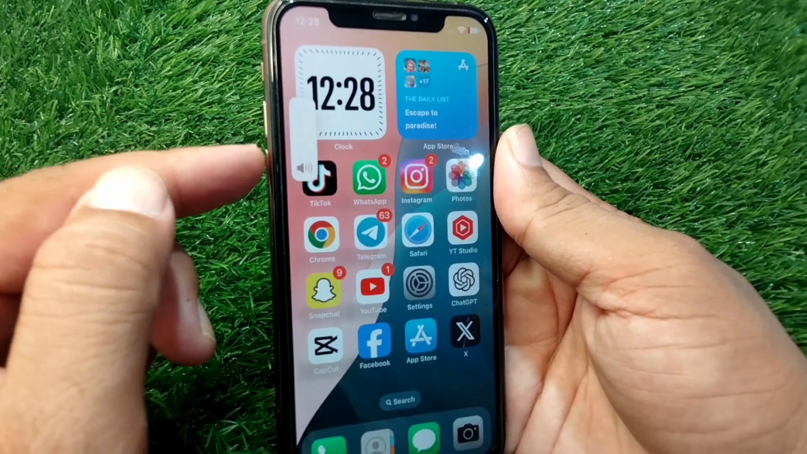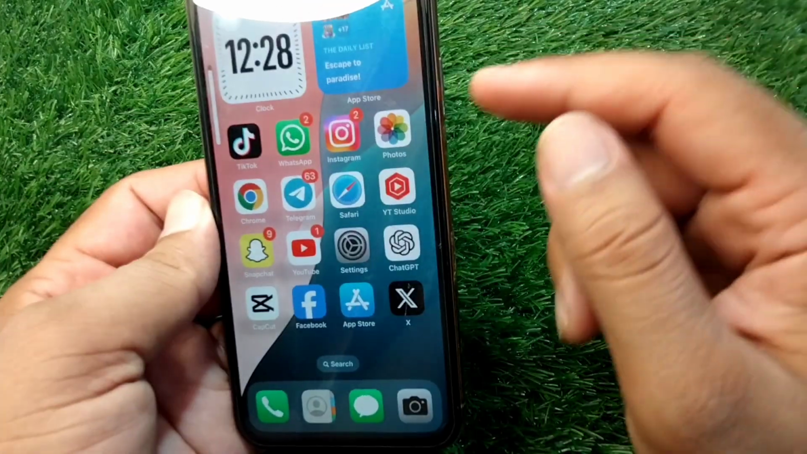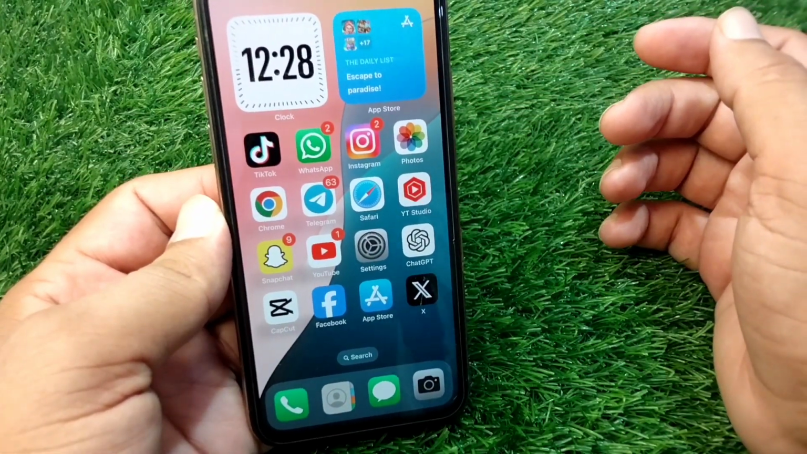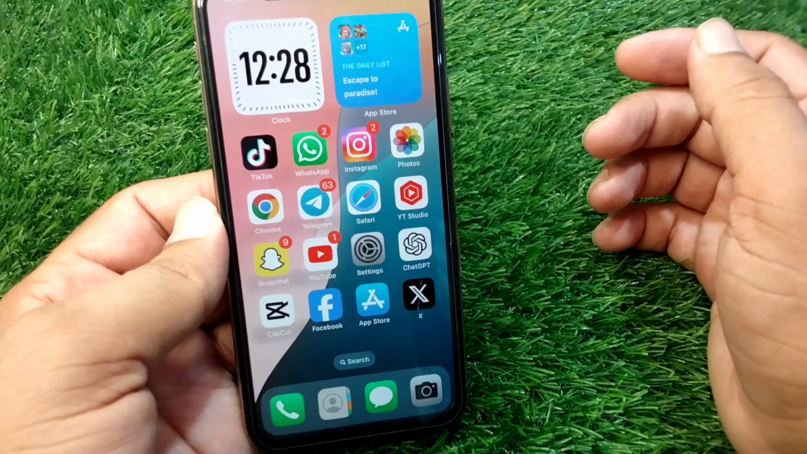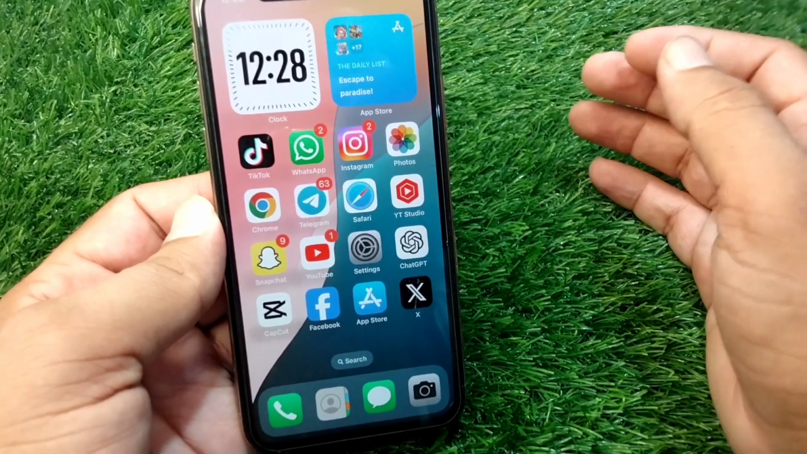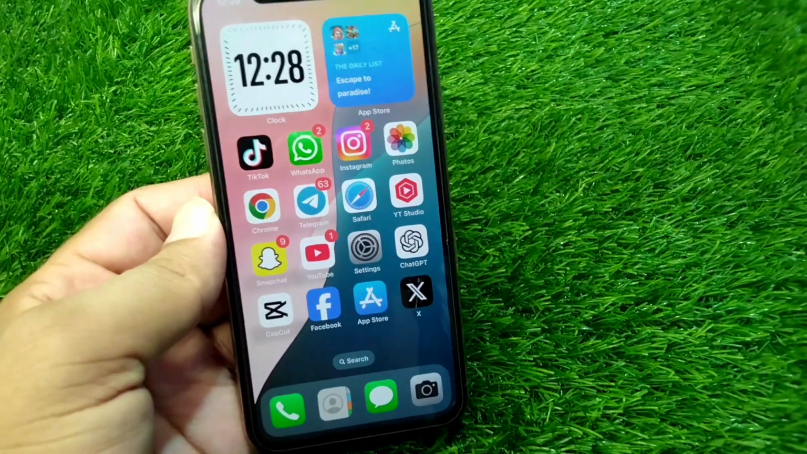So guys, for that press and release the volume up button and then down and keep holding the power button until your device force restarts. So guys, do this and check if the problem is fixed or not, and if the problem is still there